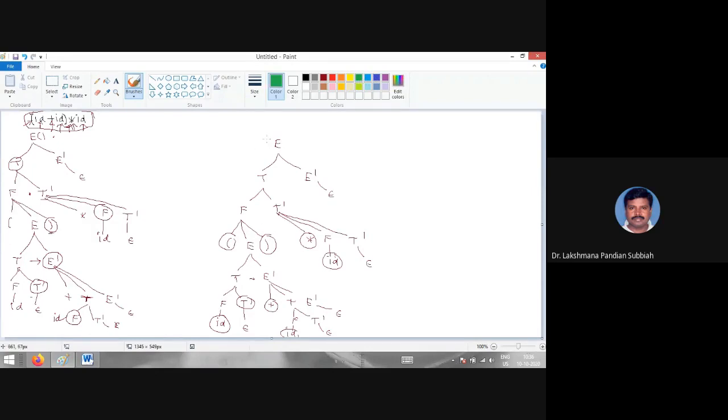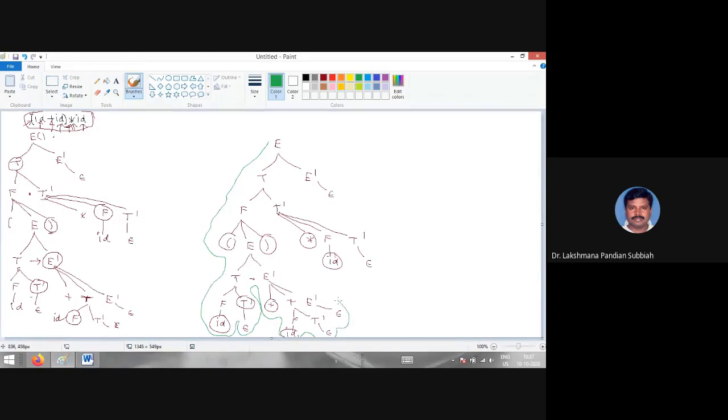So now you see this one. E comes to here and it will come to here, right? Now it will come to here. That is the sequence it follows.